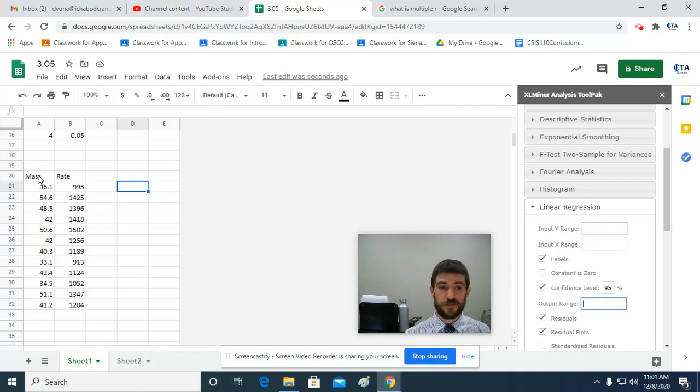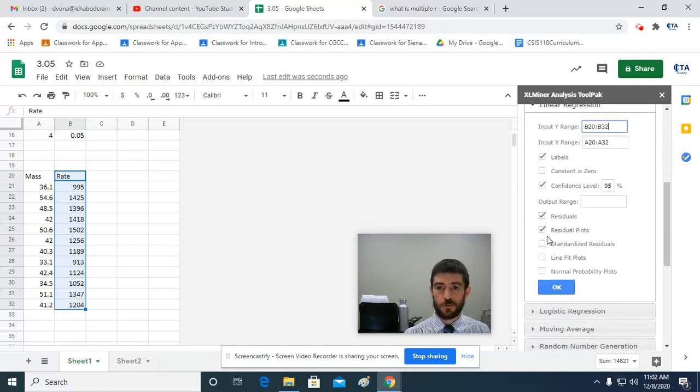So highlight first. Let's just pretend this one right here is our X. So I'm going to highlight it and then click in the input X box. We'll say this one is our Y. So I'm going to highlight it, click in the input Y box. Again, I have labels, so I'm going to have that box checked. All this other stuff you don't really need to worry about. I don't need to see the residuals this time, so I'm going to uncheck the box. I do have to specify where I want it to show up, so I'll have it show up right next to it, here in D20, and then I do want the residual plot. So again, when I hit OK,